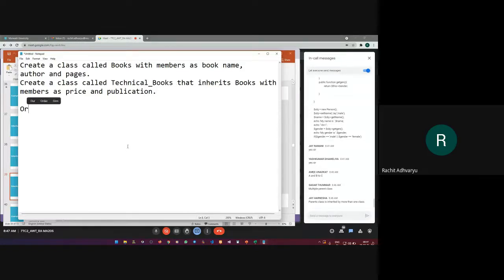Print relevant messages on browser console. Start working on this program. It's single inheritance. I want the answer of this program in my chat. So start working on it.